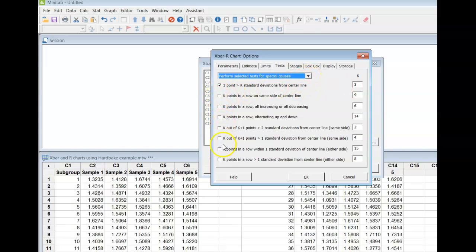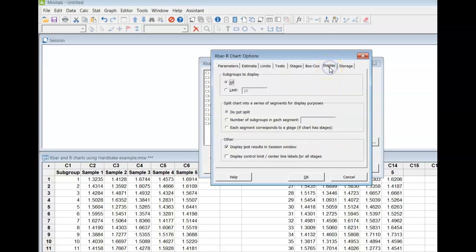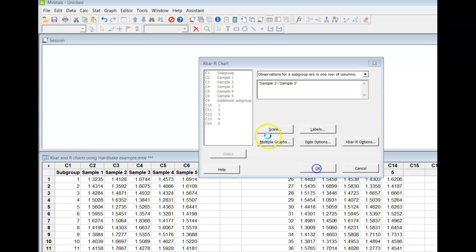And you can go in and choose individual tests, or if I hit the down arrow here, I can do no tests, or I can tell it to do all the tests. Now, it'll do all the tests and it will show it to you on the graph, but you're also probably going to want to go into the display, and this is turned on anyway. The default is that it will display the test results in your session window. So I'm going to say OK and OK,